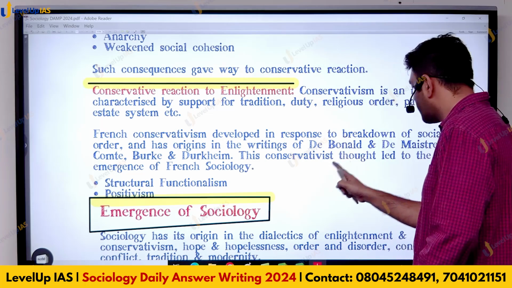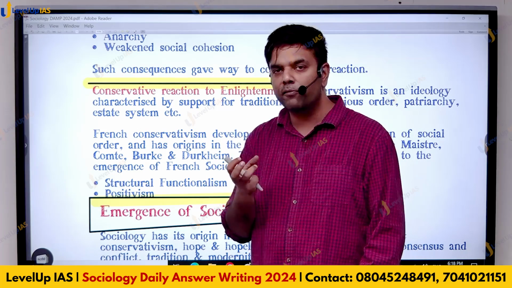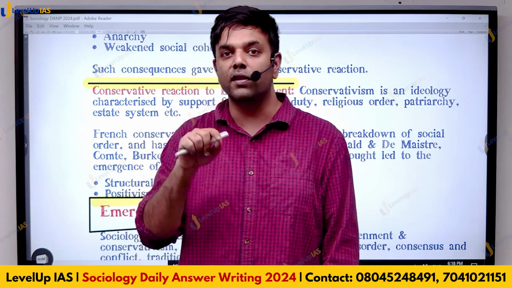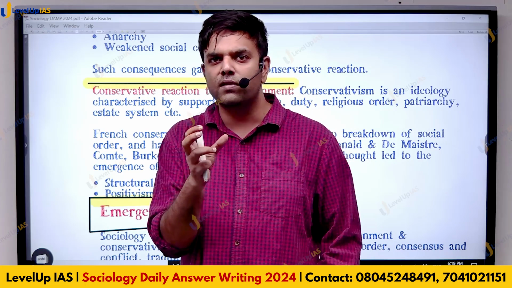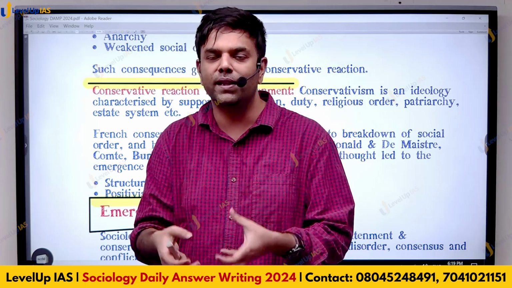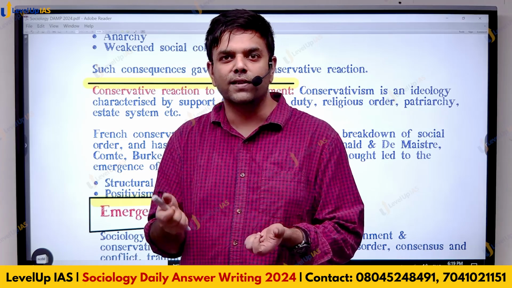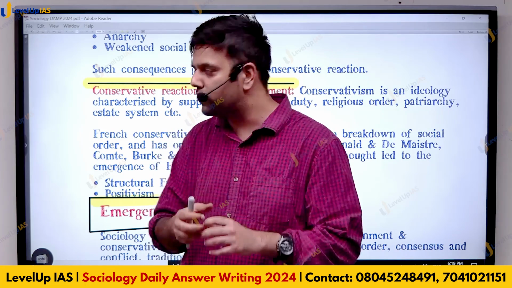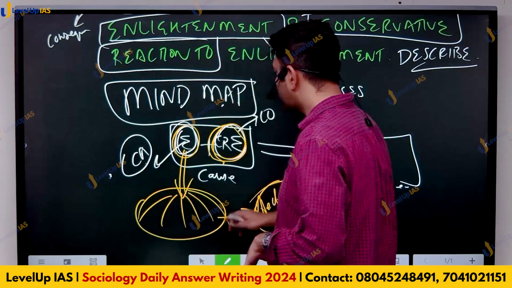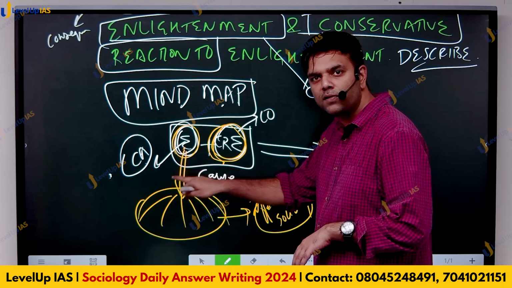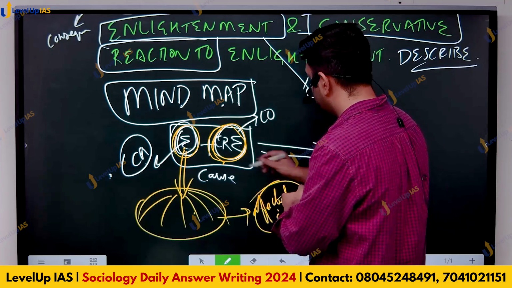This conservative thought led to emergence of French sociology. So in the name of French sociology, what do we study? Structural functionalism. Structural functionalism is always going to talk about how institutions are functional. They should be there. If any change is happening, then anomie or chaos can happen. So they talk about functions of institutions. Anyhow, so two things I have explained: Enlightenment, its impact on society, and in reaction to this impact,